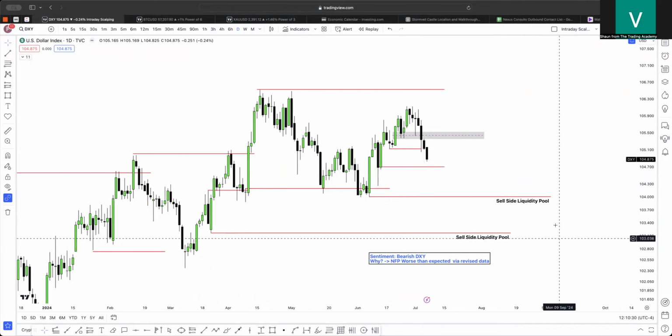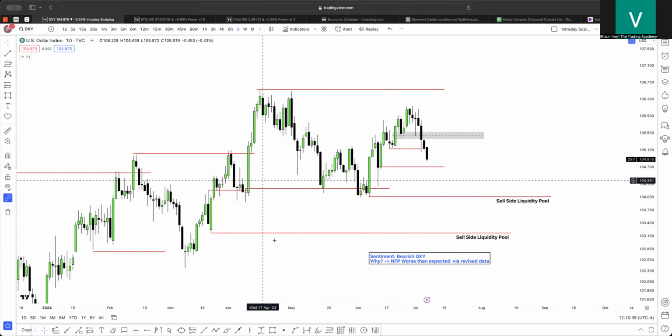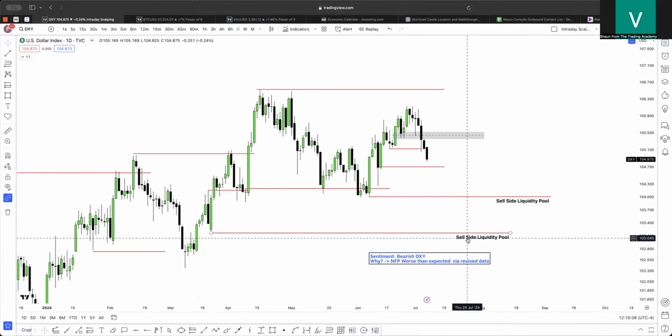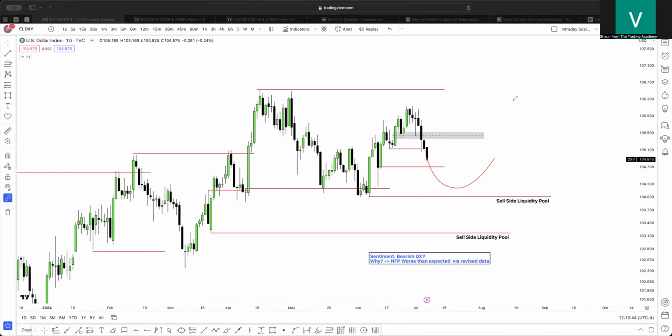Looking for some sell-side liquidity, especially this. Okay? And this as well, if we can get there with more bearish news for the dollar. Otherwise, we will straight up come here. After this, we will straight up come over here. And we will see how this pans out or how this has panned out on Friday. Once the week is over, we will see exactly how this panned out.